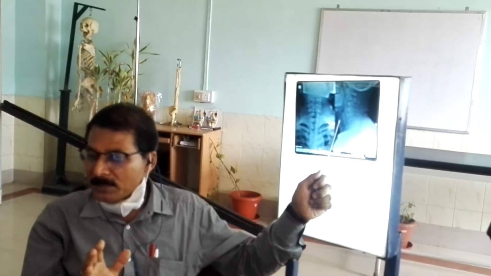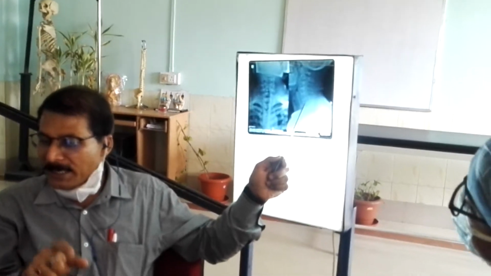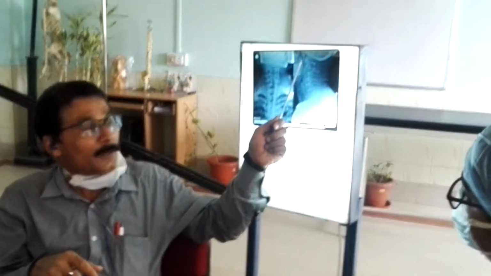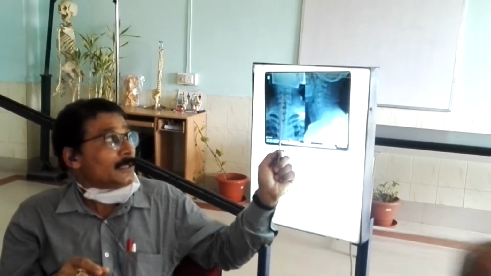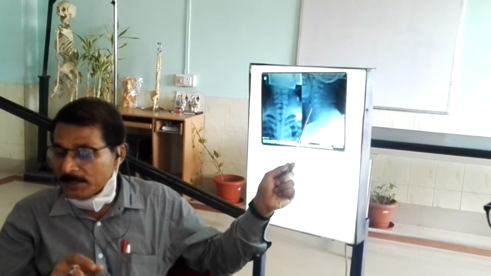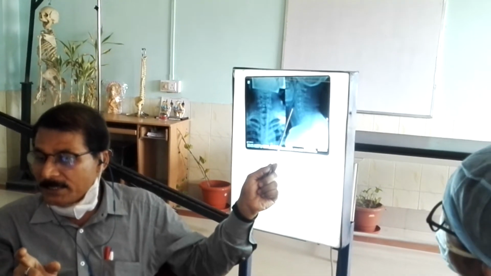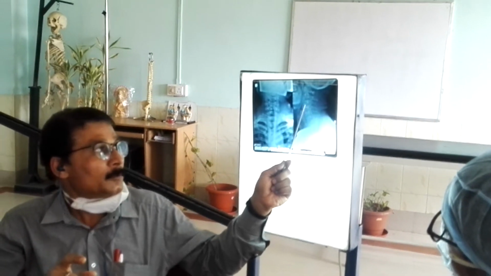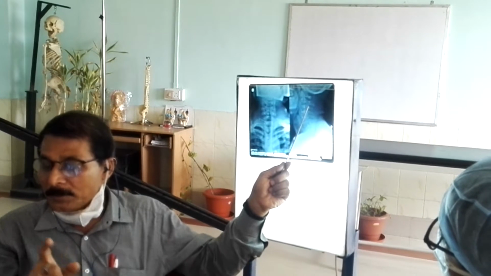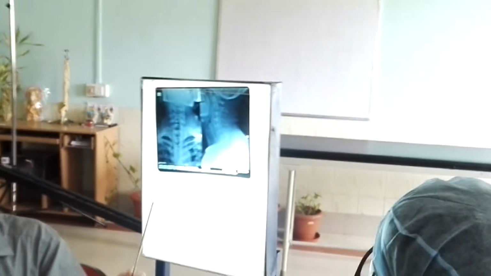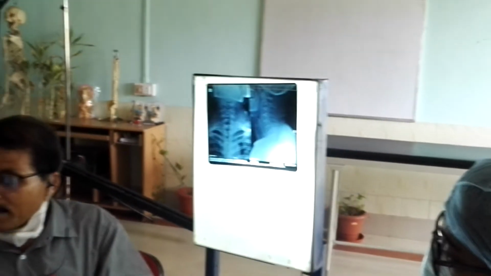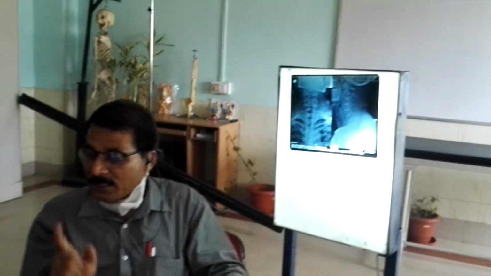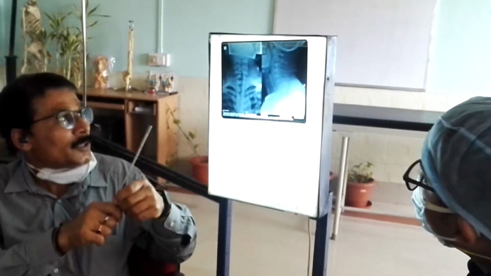We have so many things to talk about in the cervical spine, C1, C2 also. So many lines are there. But okay, if time permits, we will talk about this. Even then, while we talk about the AP and lateral view, particularly of the cervical spine, we essentially concentrate more on the lateral view. In the lateral view, as I said, we talk about A, B, C, D. A stands for the alignment.